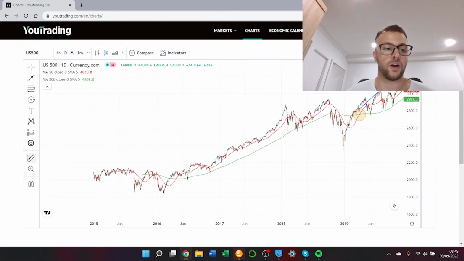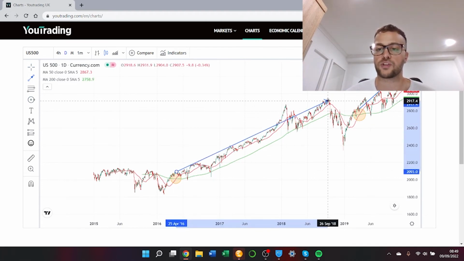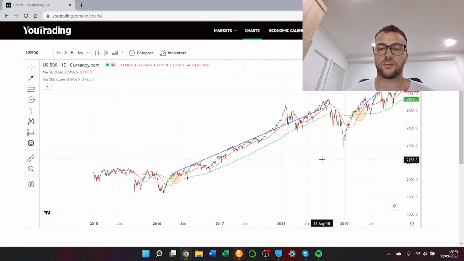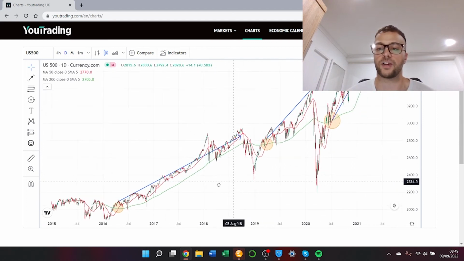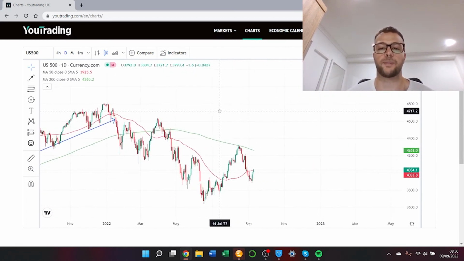Going back even further, this is probably the longest bull market in recent years after a Golden Cross. We had a Golden Cross in April 2016, and then we had this bull market run pretty much unobstructed all the way until October 2018, when that bull market ended. But yeah, that's a more than 2 year, practically 2.5 year bull market. So my case in point here, I don't need to go on too much about what's happened in the past with this Golden Cross.